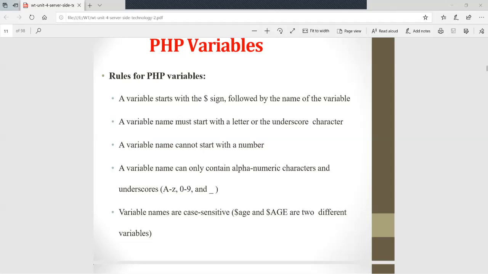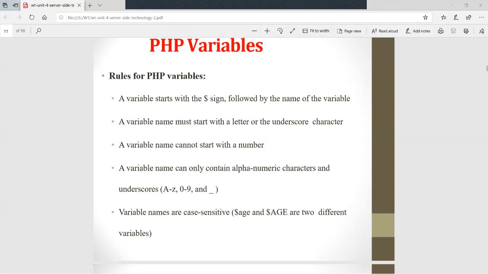This rule is not only for PHP, this rule applies to all programming languages. Your variable never starts with numbers. It always starts with characters, A to Z and so on. A variable name can only contain alphanumeric characters, meaning A to Z, 0 to 9 and underscore.